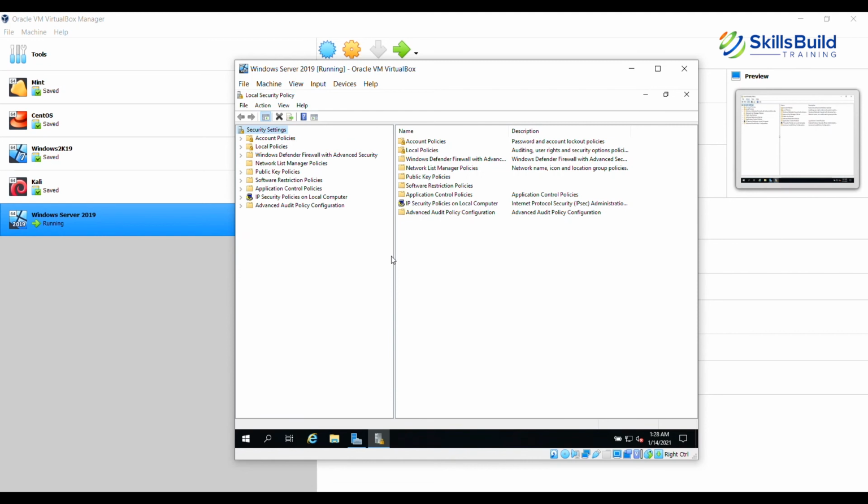Site is the physical breakdown of the forest, whereas the domain and organizational units are at the logical level. So you can have multiple domains in a site or multiple sites in a domain. Then the organizational unit comes under the domain, because you define organizational units or OUs in a domain.